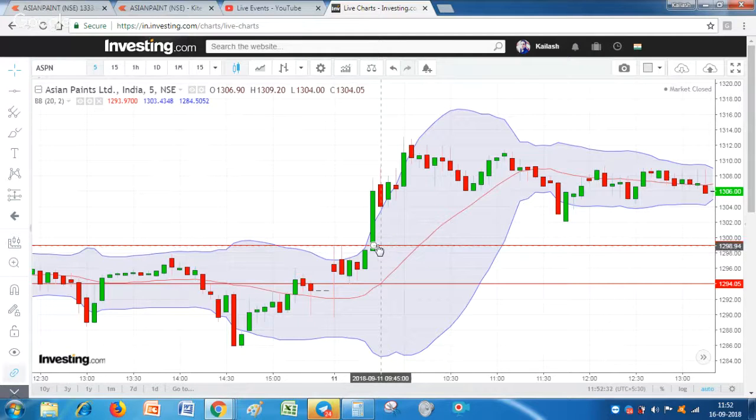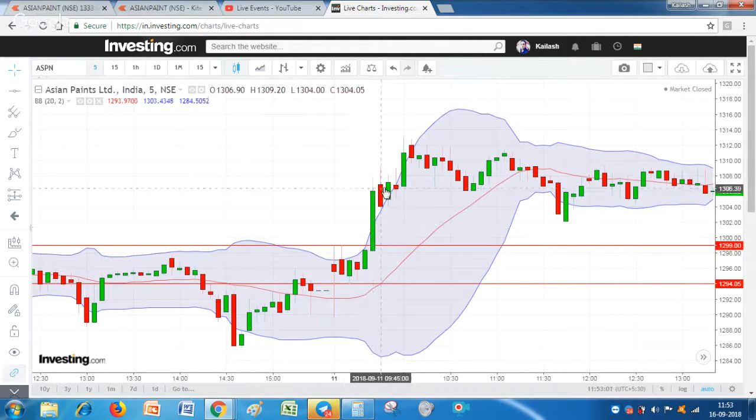So friends, suppose we are taking this trade. It has already shown a risk of approximately 6 rupees. So accordingly, we can decide that we should buy a maximum of 30 or 33 quantity of this stock, and expect a target in the ratio of 1:2. That is, if we are taking a risk of 6 rupees, we should expect a target of 12 rupees. So now let us check whether it has given us 12 rupees or not.